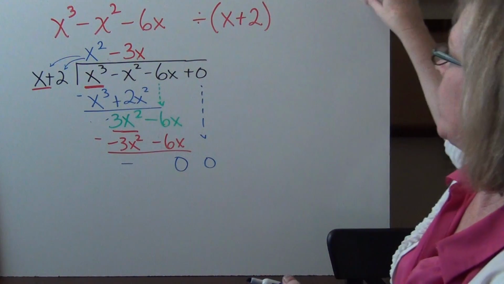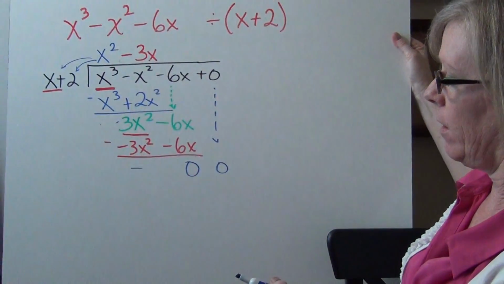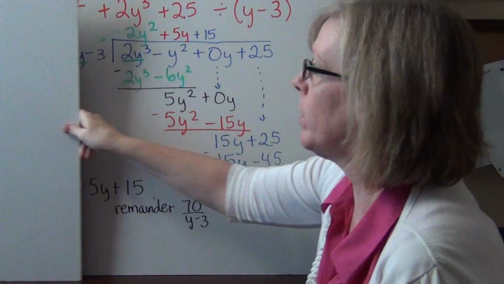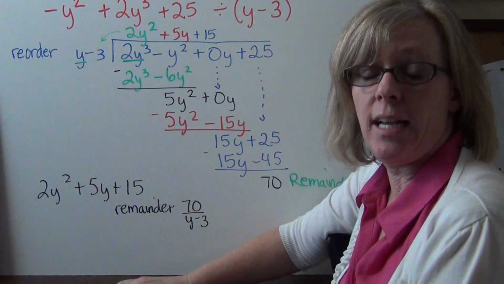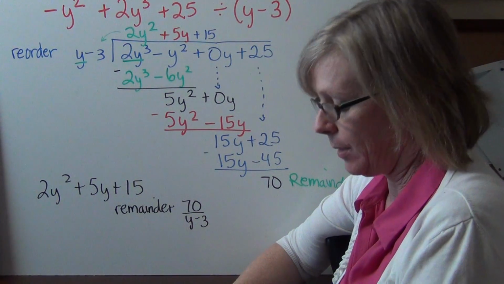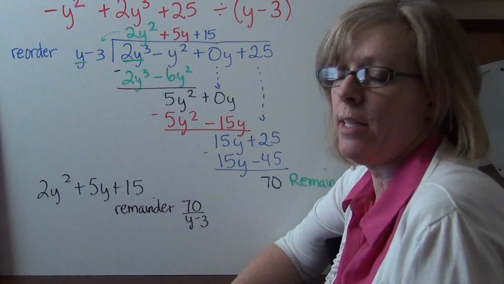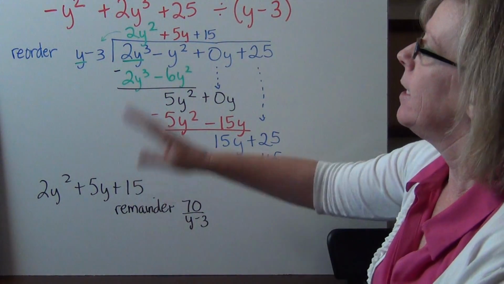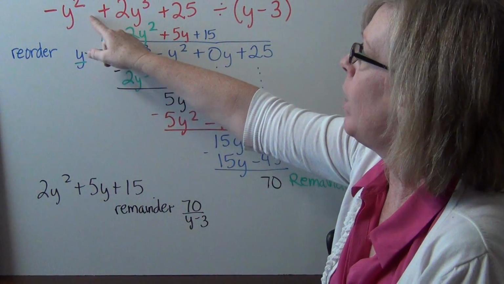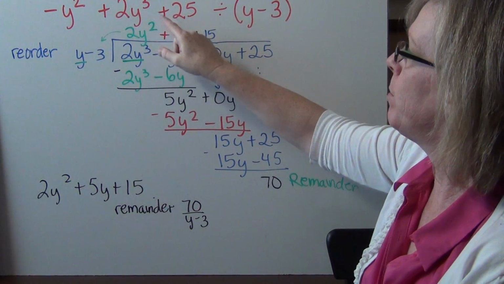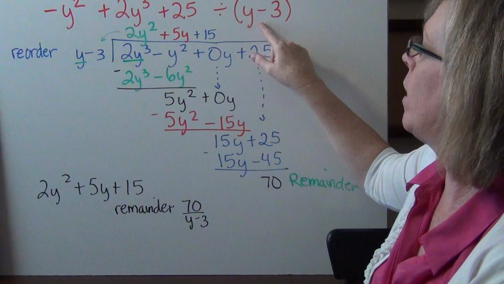Let's do one more together. This is one of those things that you're probably just going to have to dive into and practice when the time comes to practice, because until you actually feel it, it's hard to tell what your problems are going to be. Here's one. Negative y squared plus 2y to the third plus 25 divided by the quantity y minus